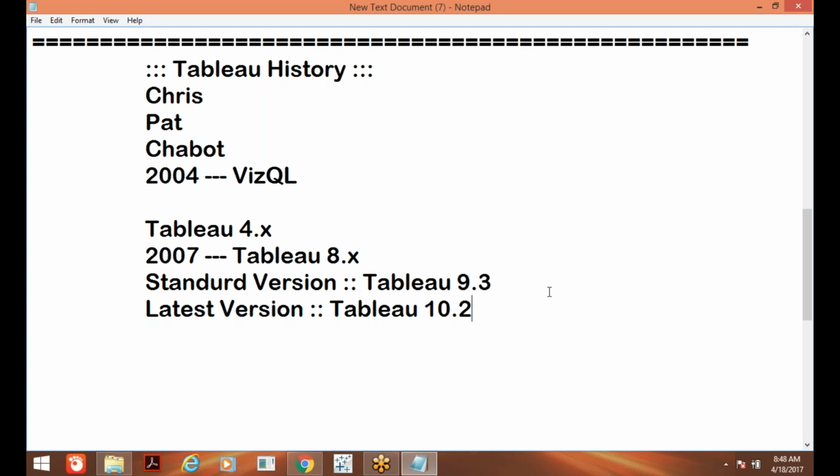And when a concept is somewhat changing, then we go with all the versions 8, 9 and 10. Why? Because if you have 2 plus or 3 plus years of experience, you can't say that you have been working on 10 only for the last 3 years, because 10 was released only this year. Right? So it is better to have some knowledge of 8, 9, 10 also. We will see only one particular version, but when the changes occur, then we go with all the versions. I will show you how this concept is in 8, how it is in 9, in 10, like that. But generally, we will go with Tableau 10 or 9. That's it. Right?